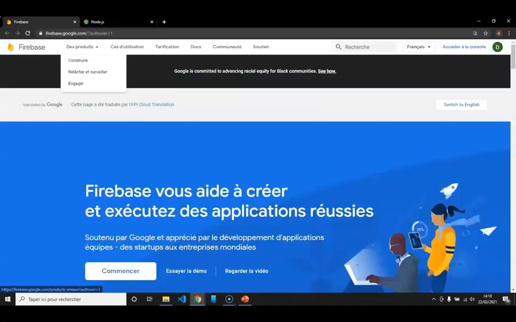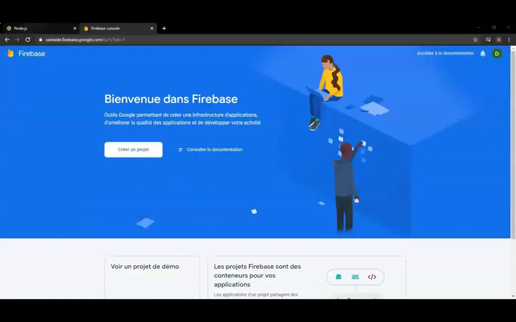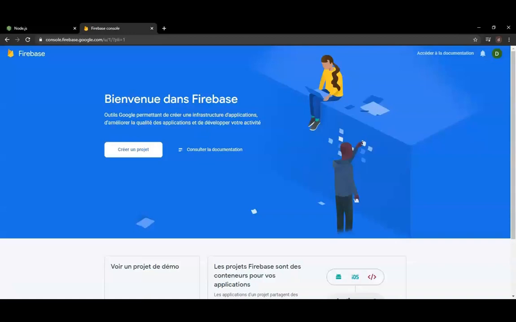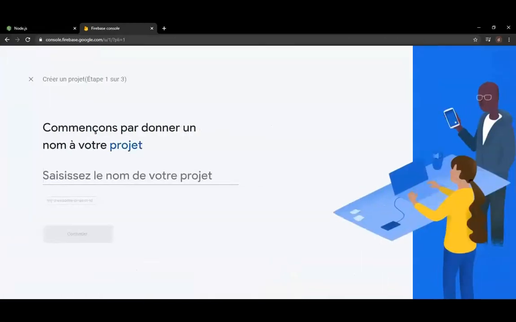Once it's done, we go on the page firebase.google.com to create a project. So we click on create a project, and we choose the name of a project for the application that we made previously. I had chosen to make a cafe app, so I will choose a name for my app. I will be able to call it my morning coffee